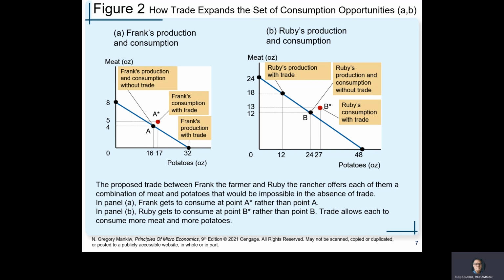Okay. Now here he comes and tells Ruby, out of that 18 ounces of meat that you make, give Frank 5 of them. 18 minus 5, she's going to end up with 13. Remember, before she was doing halfway, she was on 12. Now she has 1 ounce extra. And he tells Frank, when you get these 5 ounces of meat, on panel A, Frank ends up having 5 ounces of meat, give Ruby